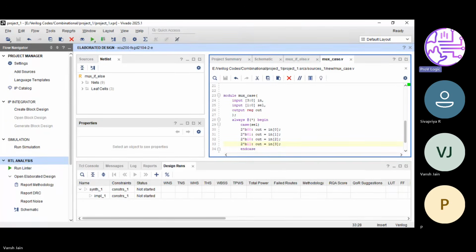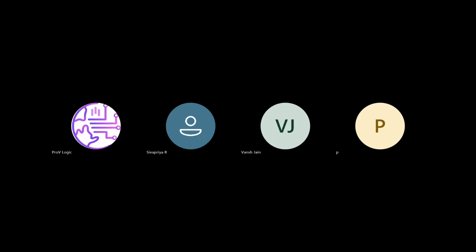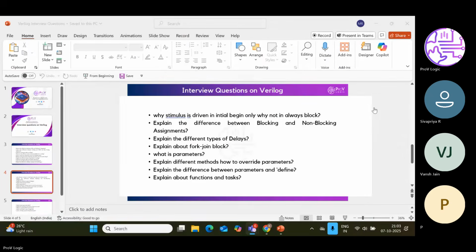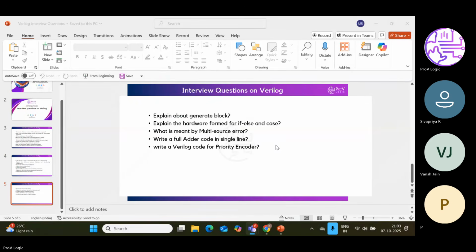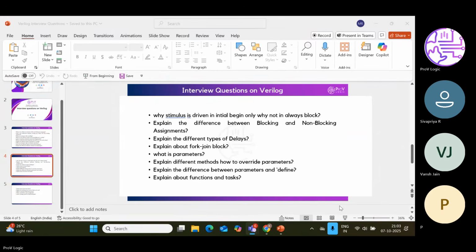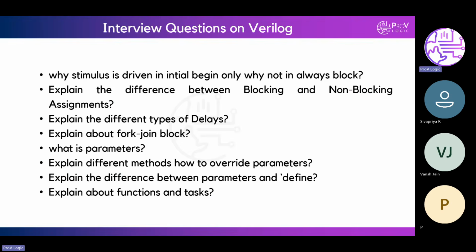So my next question: what is meant by parameter?